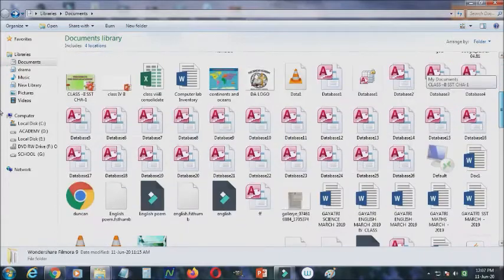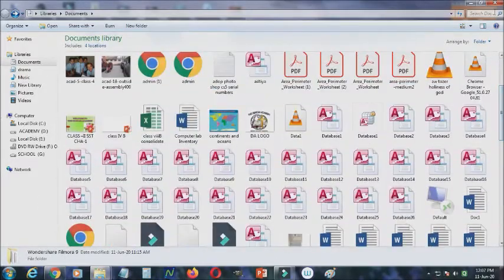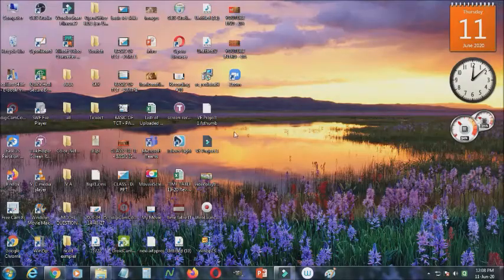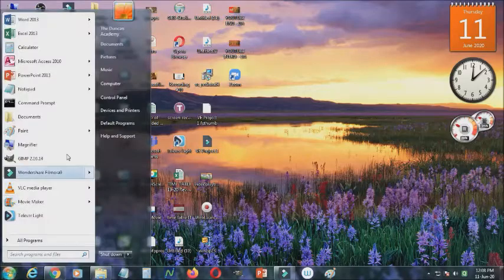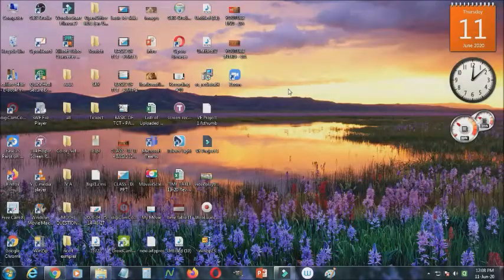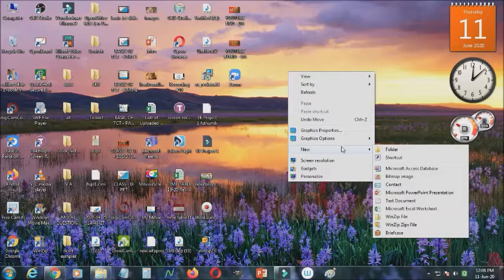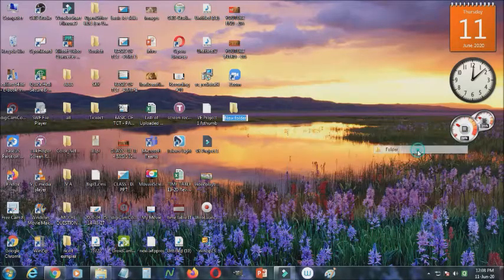Now next we are going to see how to manage files and folders. If you want to create a new folder, just open the place where you want to create it. For example, in Documents or even the desktop, just right click. Here you will get an option for New. There is an option called Folder.